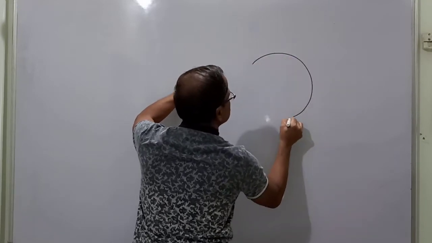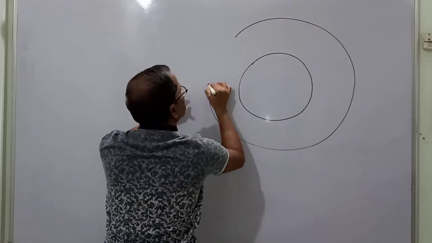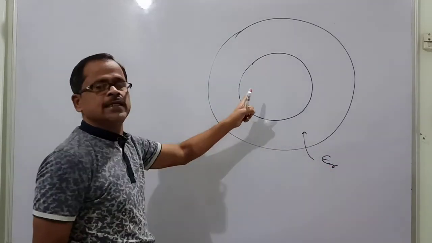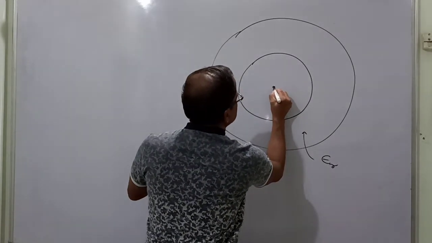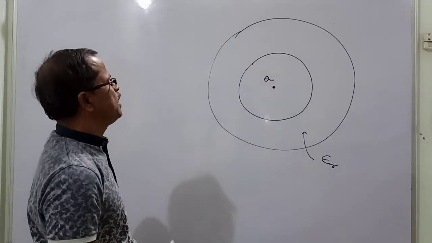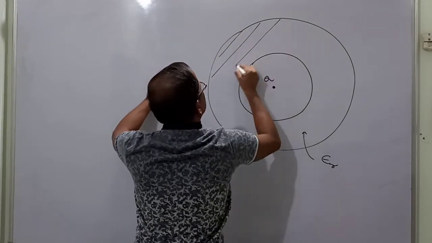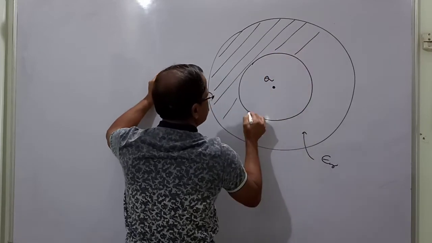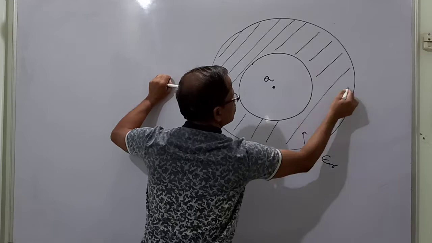Now it is a sphere, a thick spherical shell, and this thick spherical shell has a relative permittivity epsilon r. The thick spherical shell is made of dielectric. At the center I have kept a charge q. These are all very important fundamentals. If the fundamentals are very clear, then you will be able to solve the problem quickly, and one can understand how to start and how to solve the problem.